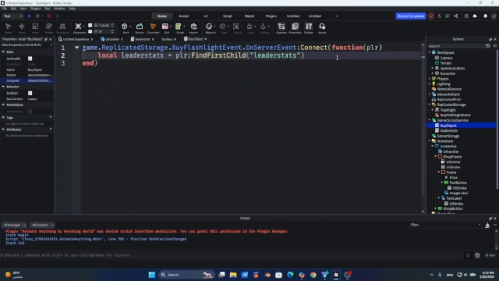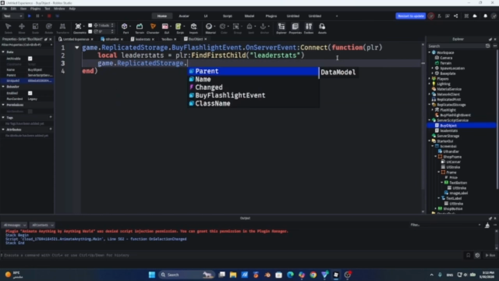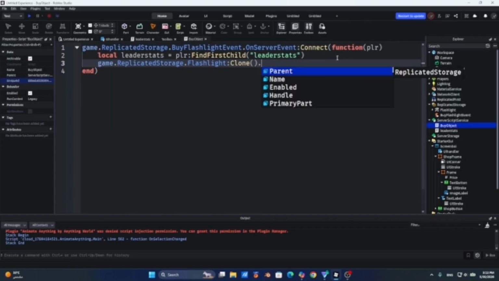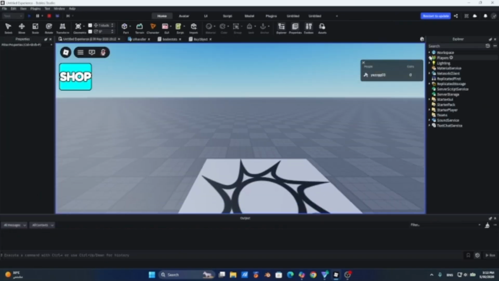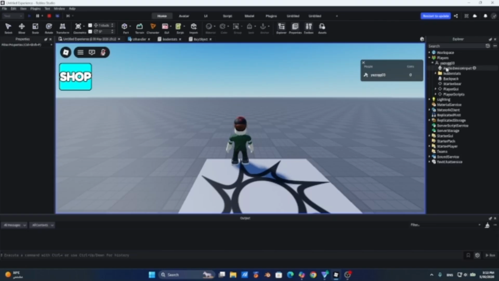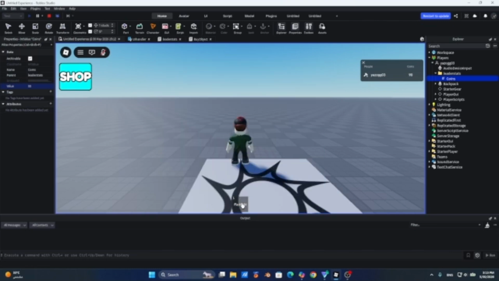Yep, and kind of this script's trying to do everything for me. Just gonna do game.ReplicatedStorage.flashlight:Clone, the parent equal player.Backpack. So now if I go here and go into players and later stats coins, gonna give myself like 100 coins, then go here and buy this flashlight. Now I got this flashlight tool,